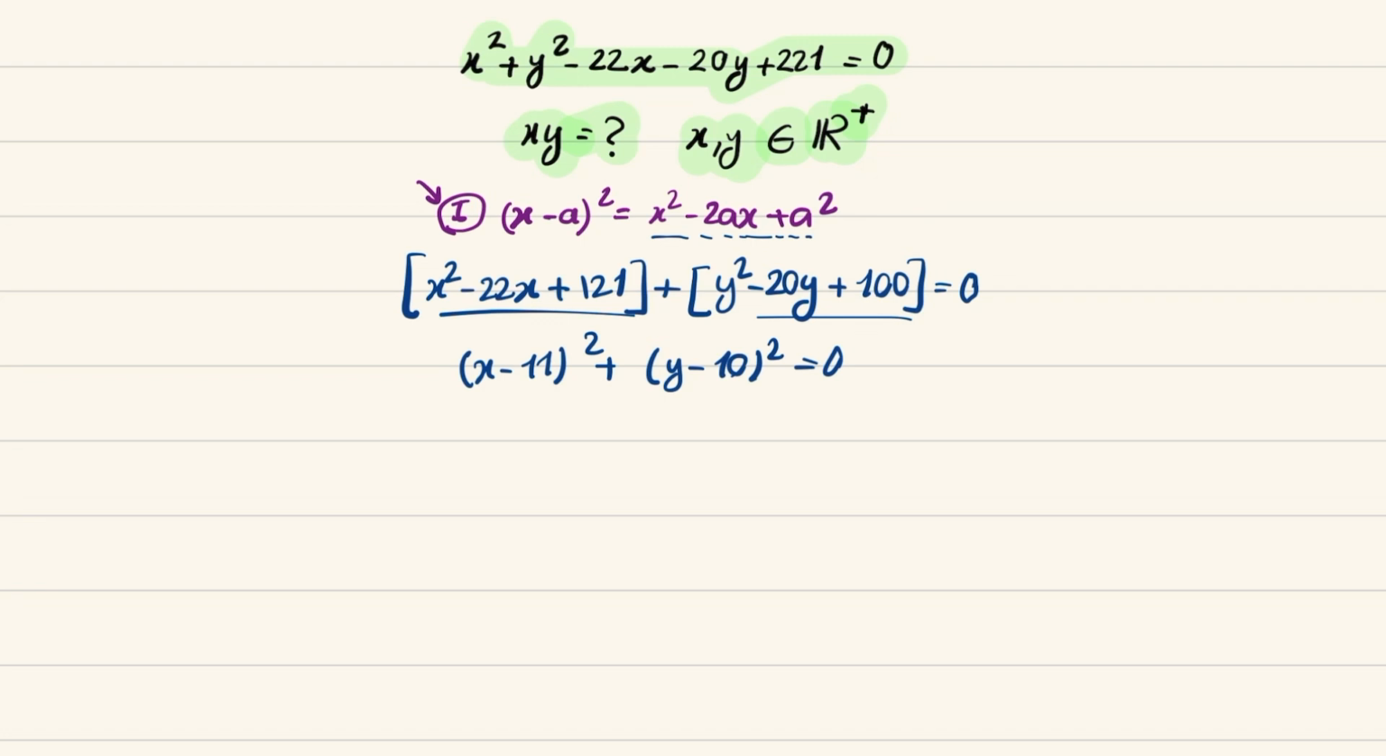Now if you look at these terms, we have one squared term and another squared term, and they sum to 0. We know that every squared number is greater than or equal to 0, so we have two terms that are greater than or equal to 0, and the summation of these two terms is equal to 0. So the only possibility is that this term is 0 and this term is 0. So both terms are 0, and from this I can conclude that x is equal to 11 and y is equal to 10. And in this scenario, x times y is equal to